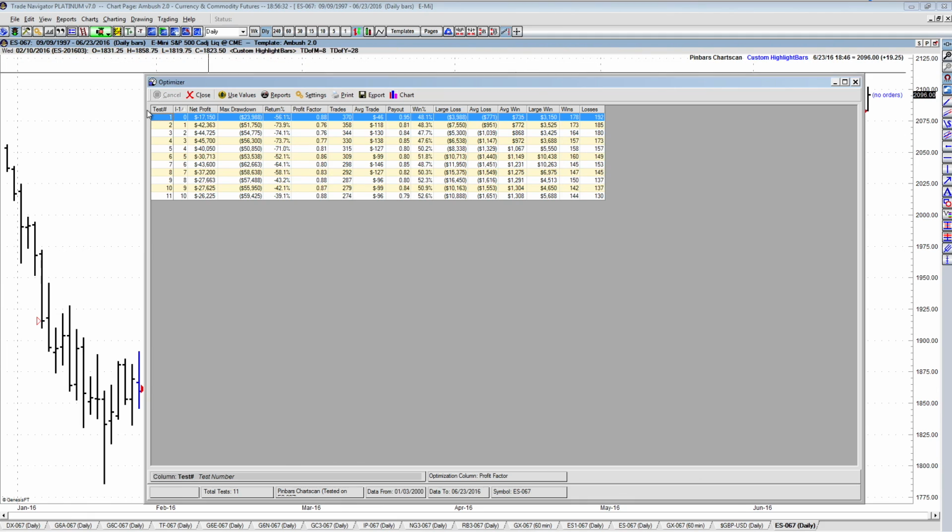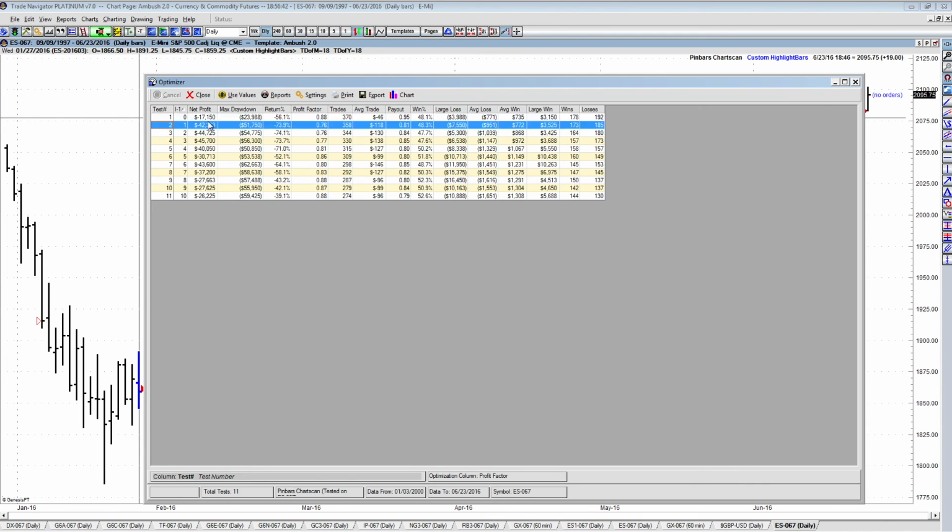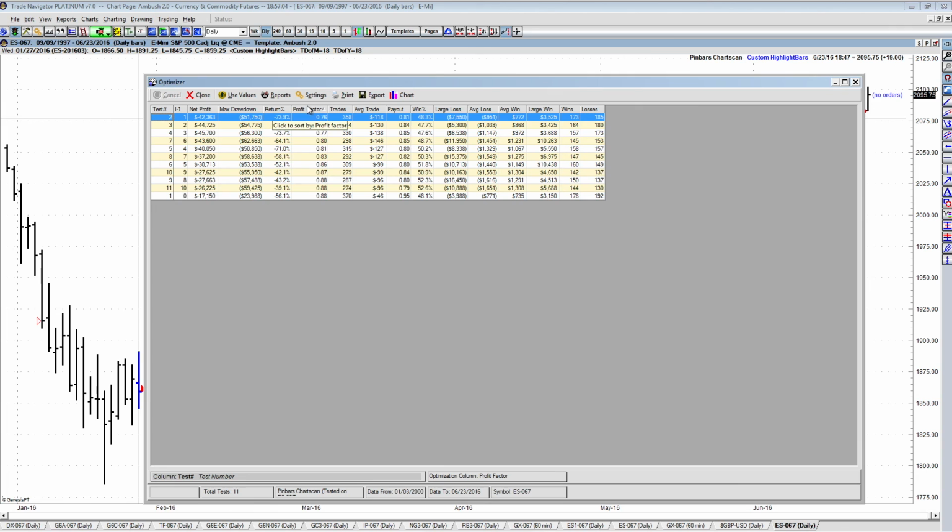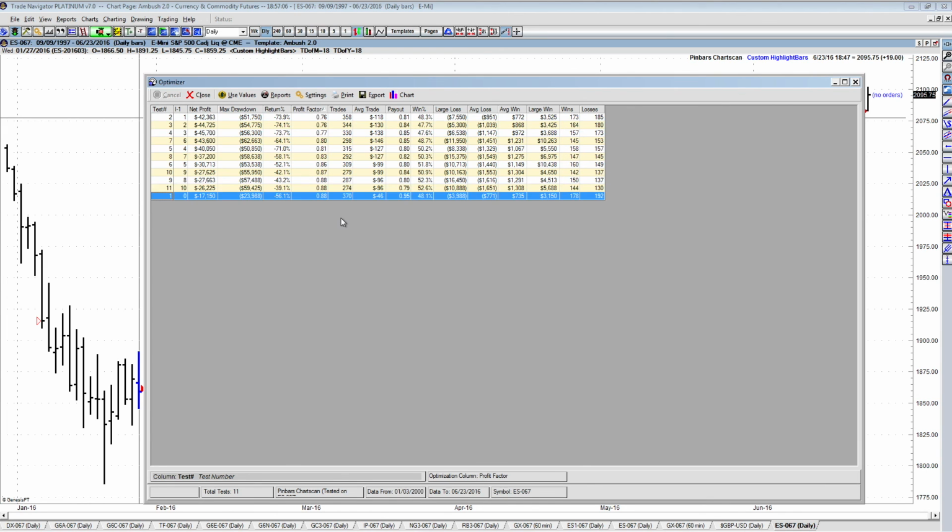And what I've done here is run it with an optimization from 0 to 10 regarding the exit day. So what happens if we exit on the very close of the same day we got in? What happens if we exit 1 day later, 2 days later, 3 days later, 5 days later, and so on? Provided that the pattern provides an edge regarding the entry, we should see some difference here versus random, which unfortunately is not the case. If you look at the profit factor, it's below 1,